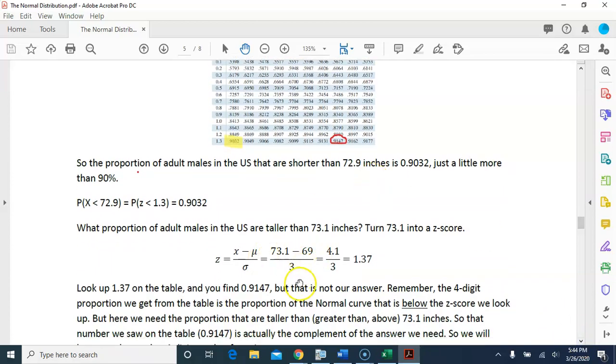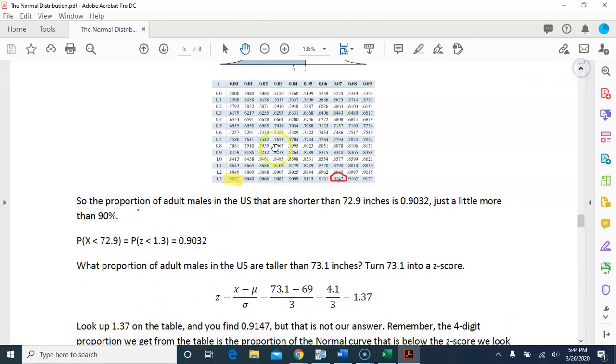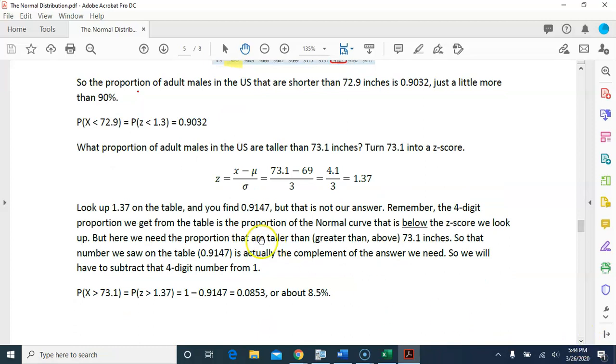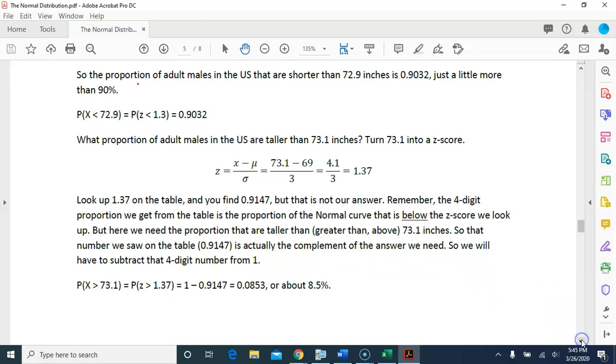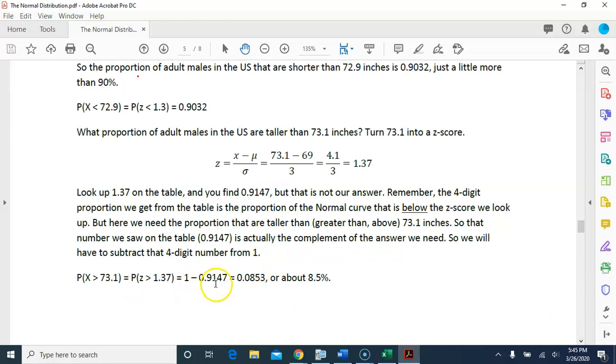Then subtract the mean and divide by the standard deviation, and we get a z-score of 1.37. And we look up 1.37 on the table. So there's 1.37, and the number on the table is 0.9147, but that's not our answer, because remember that the number we get off of the table is the proportion of the curve that's below our z-score. But in this case, we want the proportion that are taller than 73.1 inches, so we're going to have to do 1 minus the number that we get off of the table. So the number we saw on the table, we're going to do 1 minus that, so 1 minus 0.9147, and that gives us